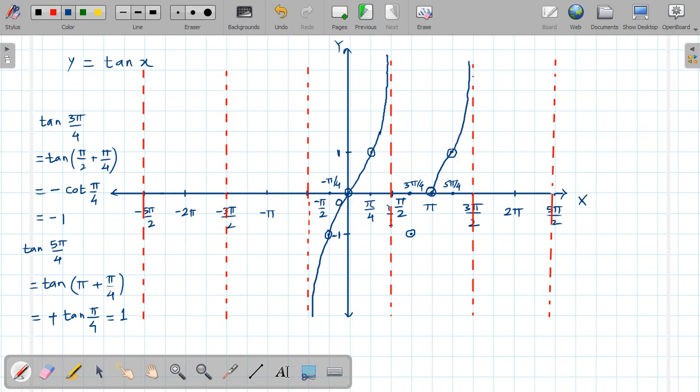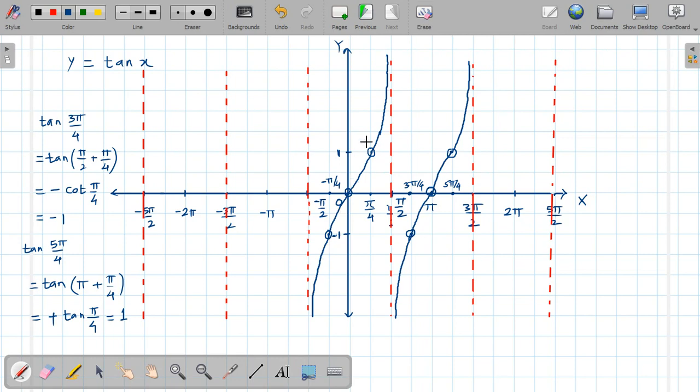And then here, if you come to this point, tan pi is 0, and tan 3 pi by 4 is minus 1. So that's why we have to show it like this in the downward direction. And for tan pi by 2 it is infinity, but in the downward direction. That's why we have to show it as a decreasing graph, because tan pi by 2 is an unknown number. So in the downward direction you have to draw like this. Okay, so this is the graph of the tan function for the interval pi by 2 to 3 pi by 2.